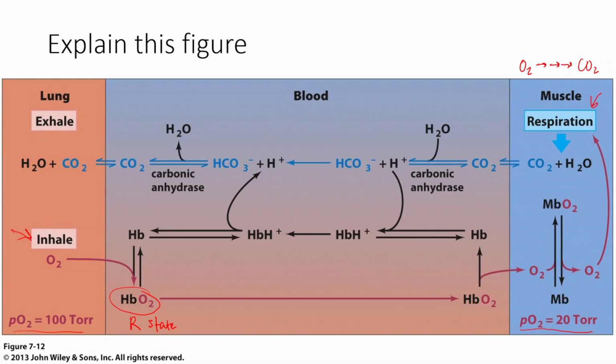So we're taking in oxygen in our muscle cells and in other cells, and we're releasing carbon dioxide while we're making energy that we're using to, for example, contract our muscles. So we have more carbon dioxide getting generated, and we talked about before,